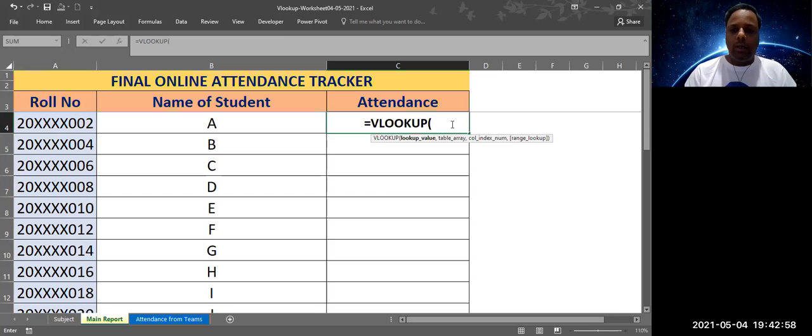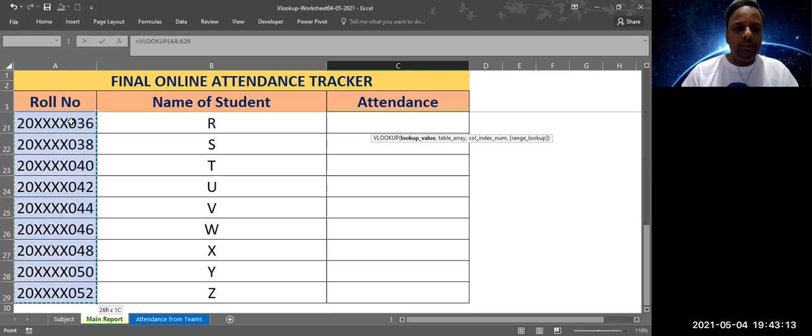Okay. Now what we need to do is we have to be very careful about this. When I say open bracket, we need to first select the first column here, if you can see here, and we have to continue till the end of the report, which is 5.2. We have to select the data limit, and we're gonna freeze this.